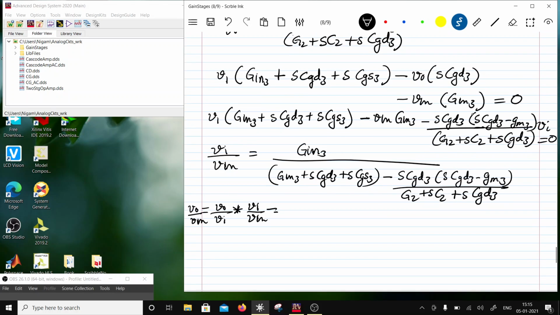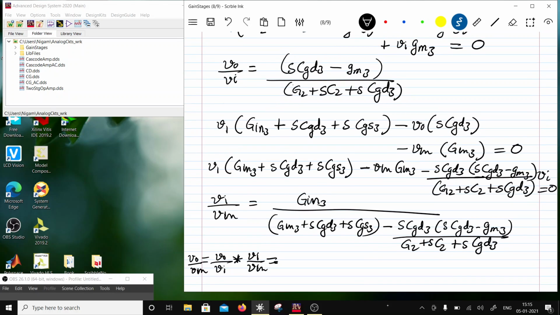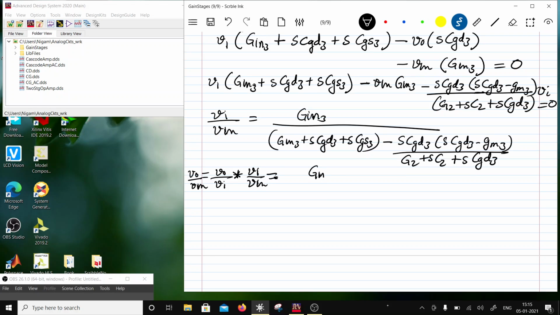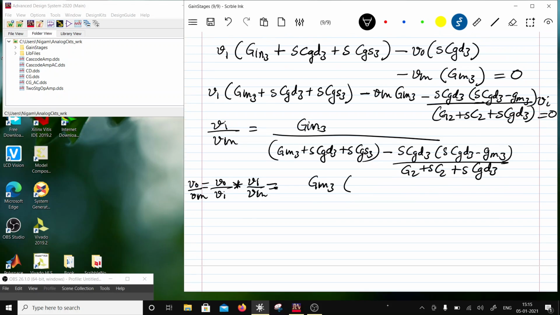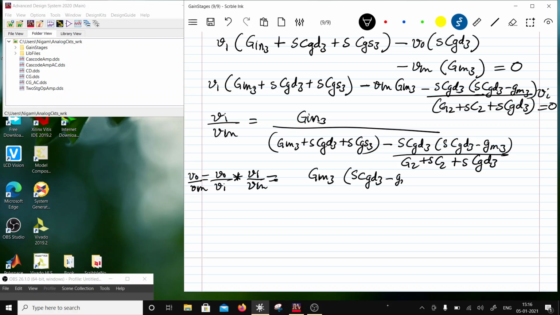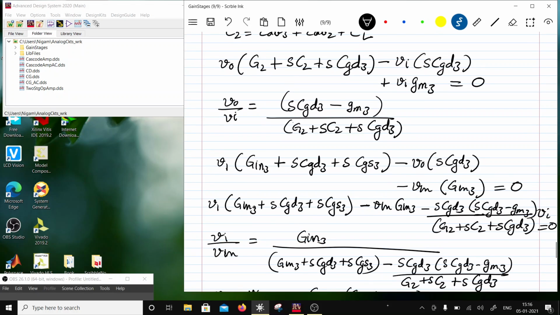This would be equal to, if I multiply these two terms, so this will be G in 3 times of the term over here, SCGD3 minus GM3 divided by, this has to multiply,